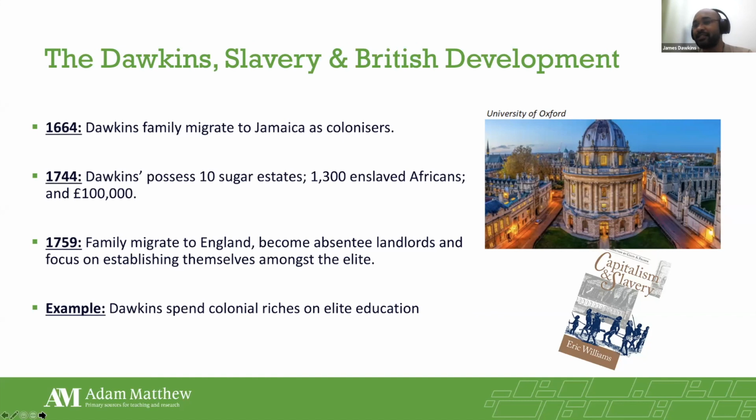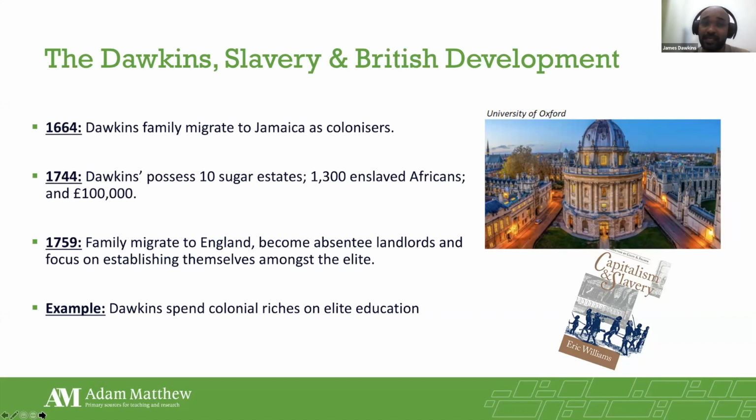And from 1660 onwards, the monarchy awarded land to individuals and families such as the Dawkinses who were willing to migrate to the island, settle there and establish plantations, pens that cultivated cash crops such as sugar, cotton, tobacco, rice and pimento. Now, the first three generations of the Dawkinses really concentrated their efforts on building up a vast plantation complex. And by 1744, just 80 years after they'd initially arrived on the island, they possessed 10 sugar estates covering